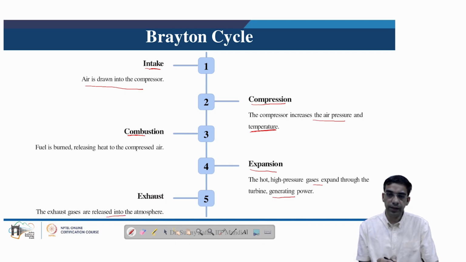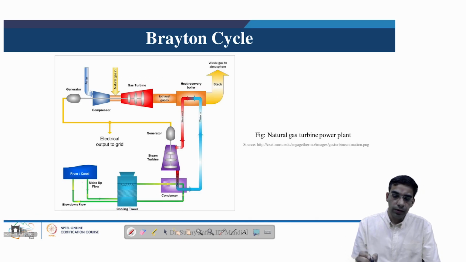Now the functioning of the Brayton cycle is essentially dependent on how high the temperature of the hot gases is, and what the lower extent of the temperature of the exhaust gases is. To increase the efficiency of the Brayton cycle, it is desired that the temperature of the hot gases should be as high as possible. To do that, we also have to look at the materials that will be interacting with the hot gases in the turbines.